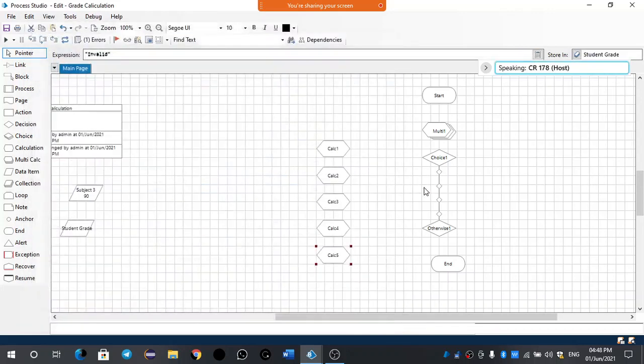Okay, done, right? So now you have to move the end too. The end should be kept somewhere, because otherwise also needs to be connected with the end.